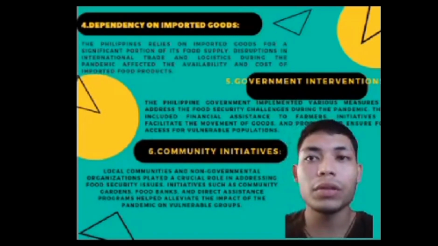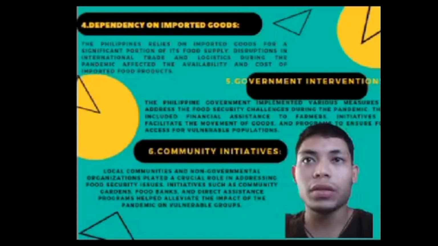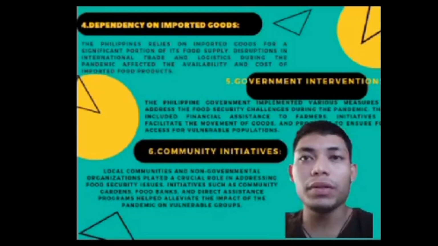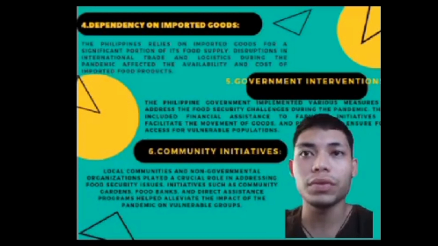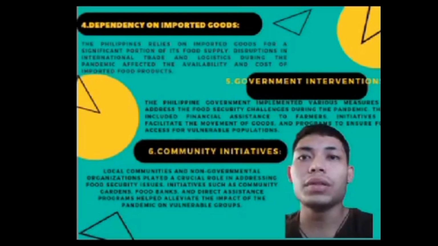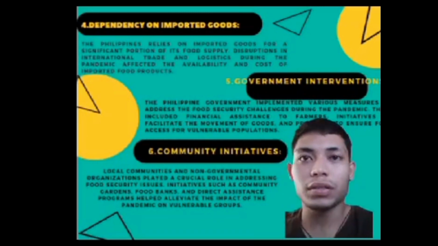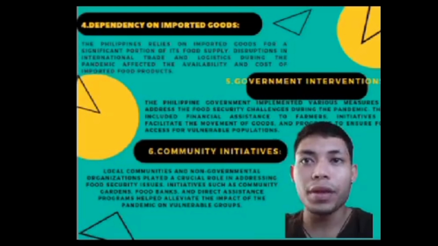So the fifth one is government interventions. The Philippine government implemented various measures to address the food security challenge during the pandemic. This included financial assistance to farmers, initiatives to facilitate the movement of goods, and programs to ensure food access